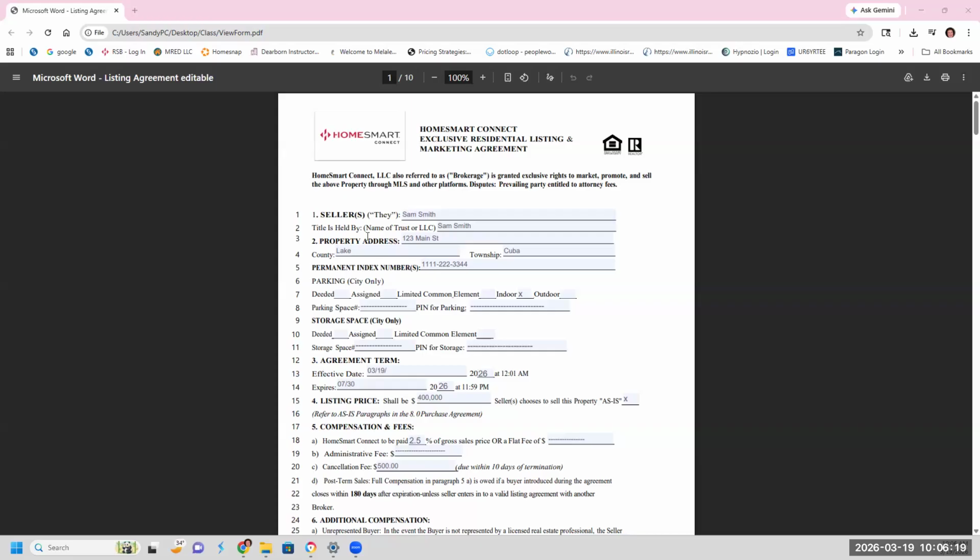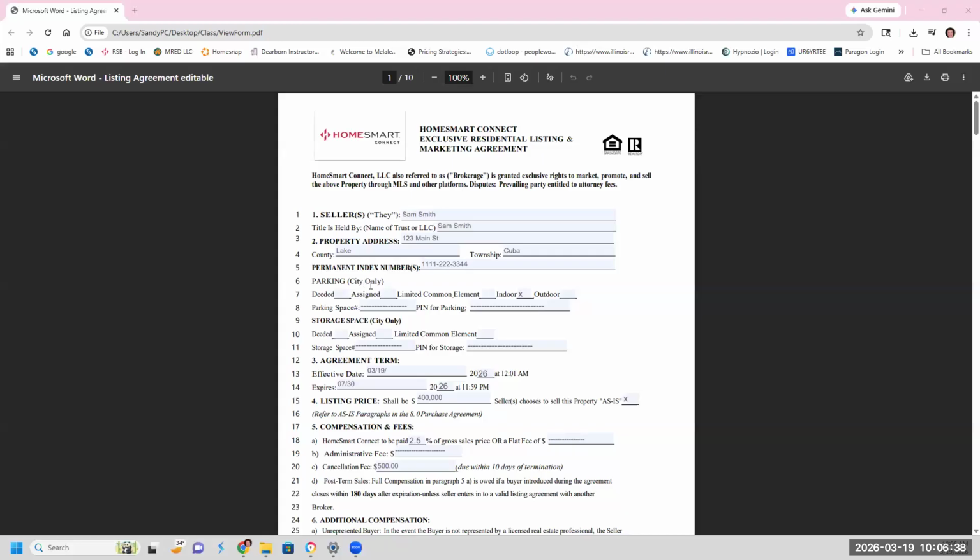The property address is 123 Main Street, Lake County in Cuba Township. I just made this stuff up, so I don't know if it's accurate or not. On line five, we put the PIN number.